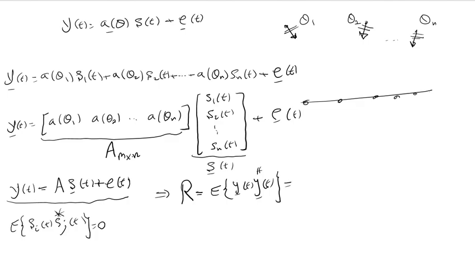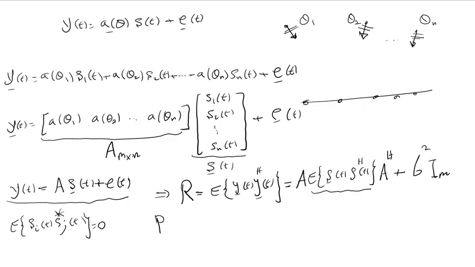Because signal and noise are independent, only two terms remain after taking the expectation, which are A times the expected value of s(t) s Hermitian(t) times A Hermitian, plus sigma squared I_M. The expected value of s s Hermitian is a diagonal matrix. I call it P,